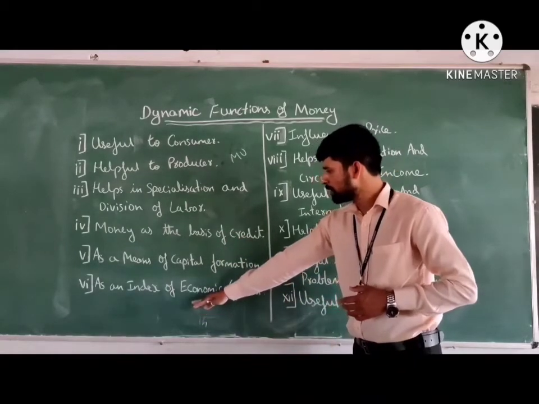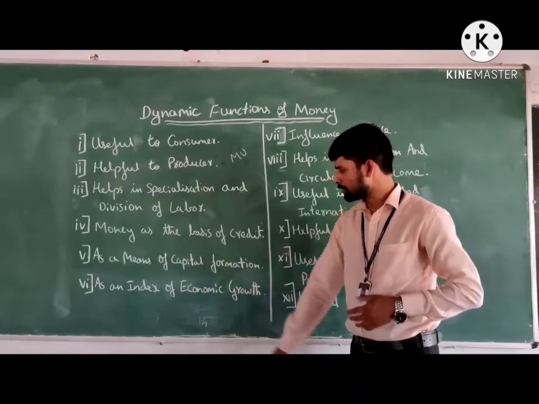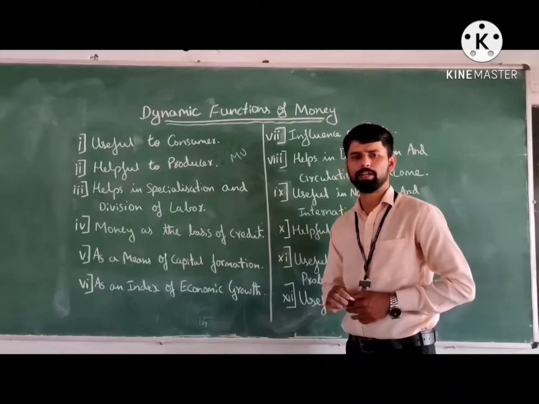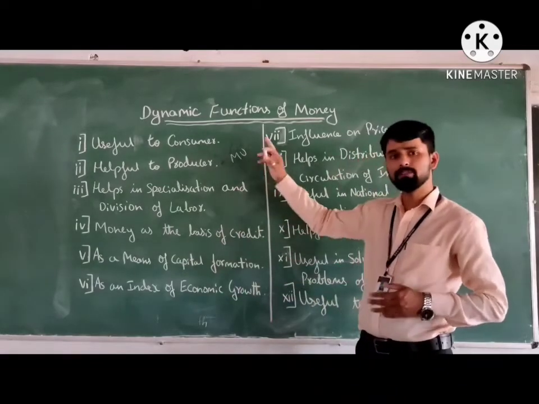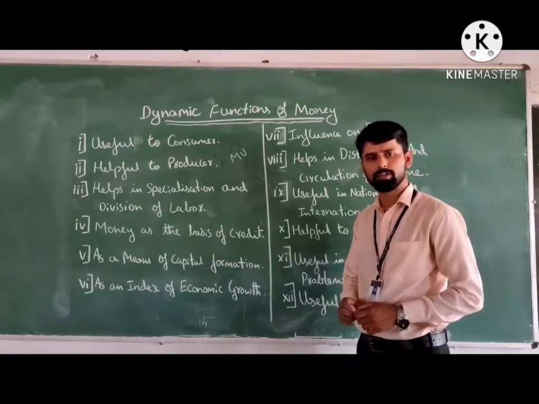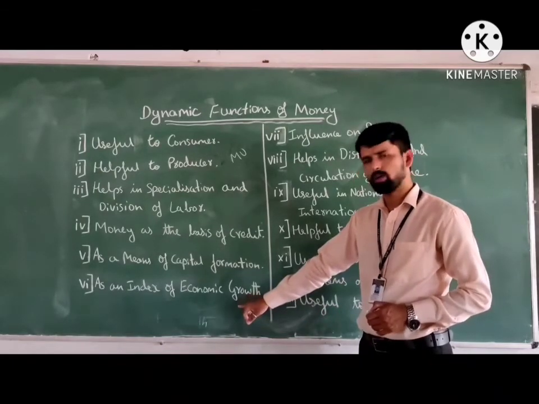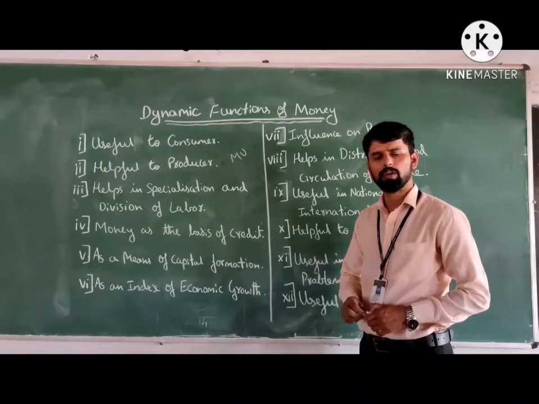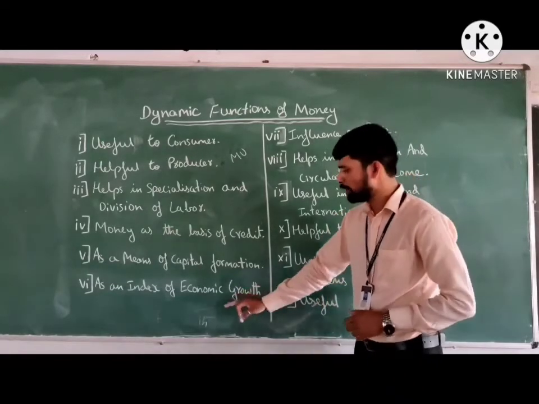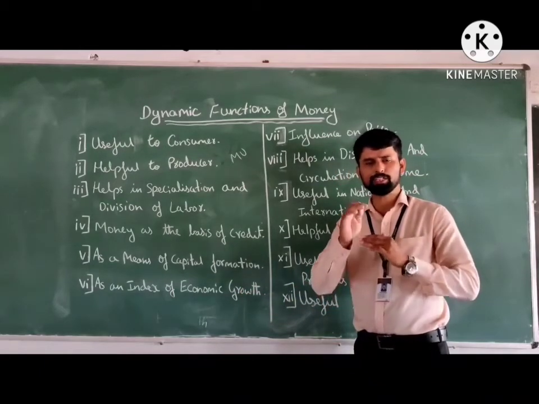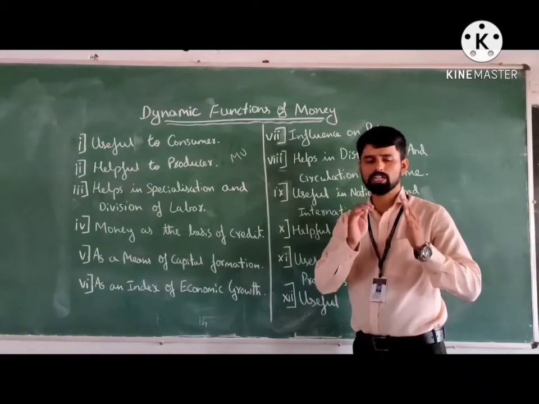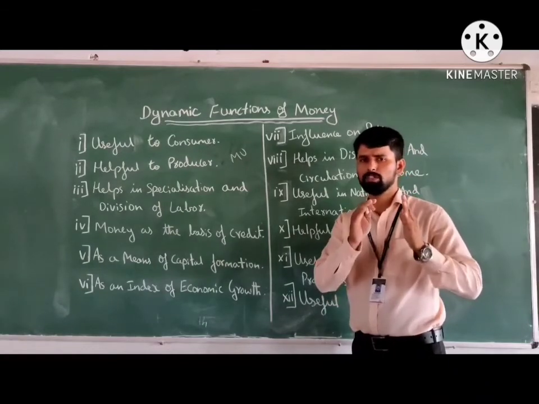And sixth one, money as an index of economic growth. There are many economic indicators. As we know that dynamic functions directly influence the economic structure, right? The economic growth means here explained in the contingent functions of the money. Economic growth means increase in the national income. So that's why national income is the